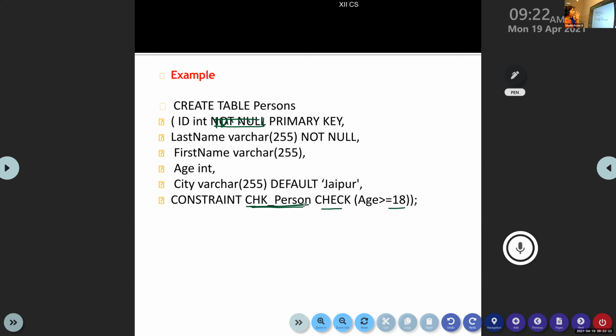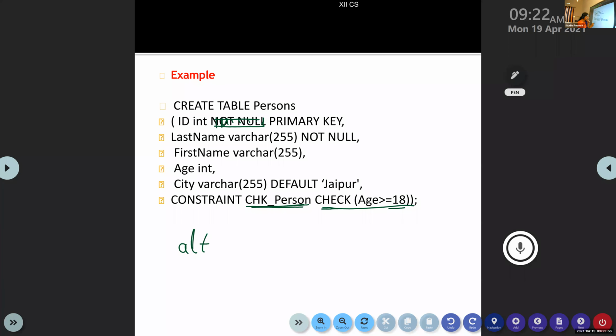So directly you can write alter table persons drop constraint chk underscore person. You don't have to write lengthy coding. All these things you can delete later, but if you give a constraint name, your code length will be very less and you don't have to remember all these things.